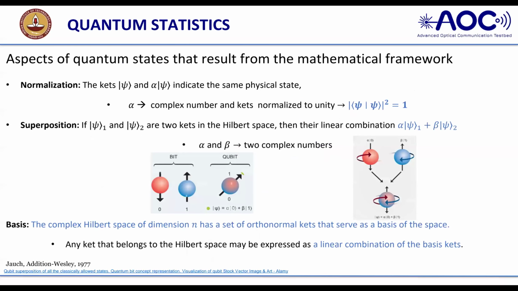I think the current state psi has alpha 0 plus beta 1. The only thing we have to keep in mind is that mod alpha square, if it is 0.5, plus mod beta square must be equal to 1. Whenever you form that normalization, the sum of the probability distribution should add up to 1. So when you say qubit, mod alpha square plus mod beta square should equal 1. Whatever the value of mod alpha square, say 0.5, then mod beta square will be 0.5. So it can be.